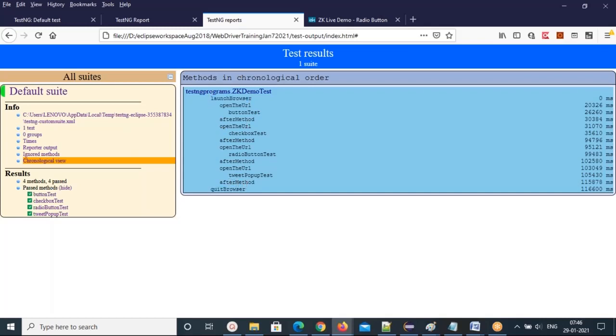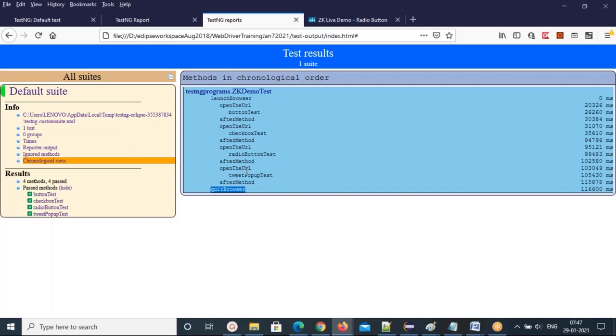Before class will execute for your class 1 time. And after class, after completing all the test cases, finally after class will execute. So before method and after method will repeat for every test method. First before method, then test method, then after method. Again before method, second test method, after method. Again one more test is there. Again the cursor will go to the before method code, execute that, then come to the next test method, then after method. So this cycle will rotate on these 3 if you have multiple test methods in your current class.